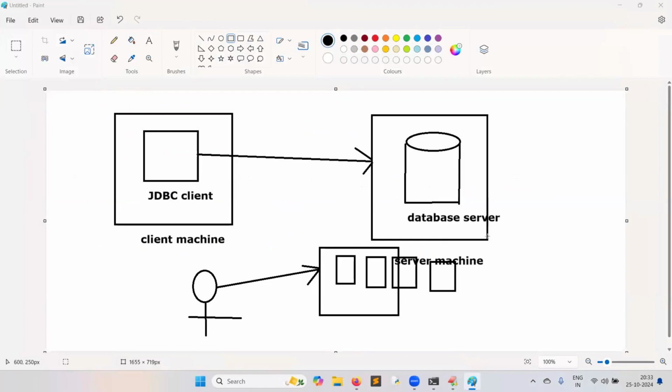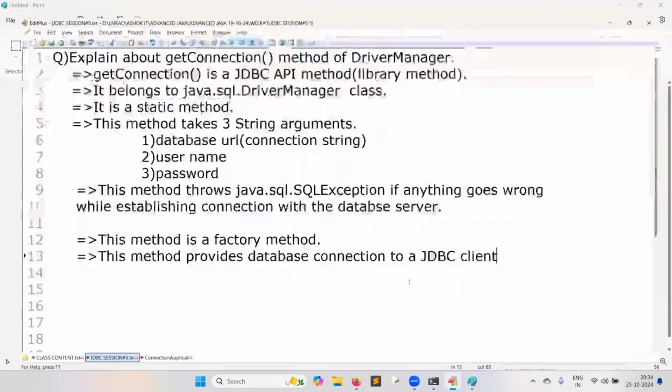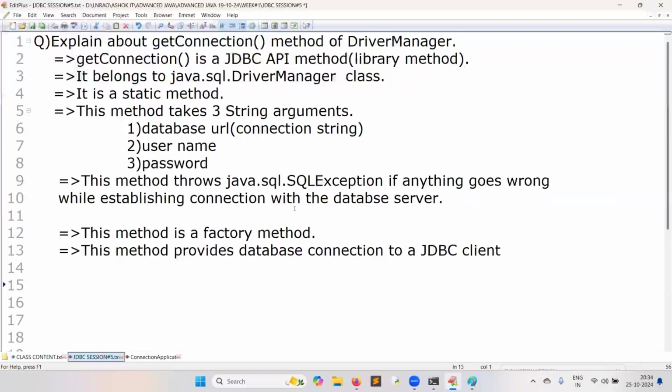That's all. Please remember, the getConnection method, after providing the connection, its role is over. It does not participate in CRUD operations. The role of DriverManager or getConnection is limited to providing the connection only.